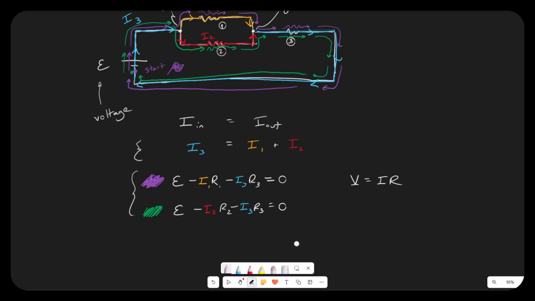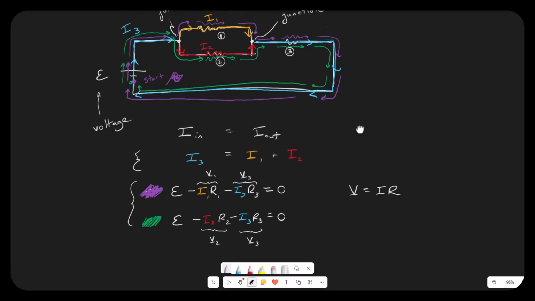That is mathematically enough to be able to solve for everything. I don't have to do the step in between of saying minus V1 minus V3, I can just go minus I1R1 minus I3R3. That's okay. This thing was my V1. This thing was my V3. V2. V3. The reason that those are minuses,